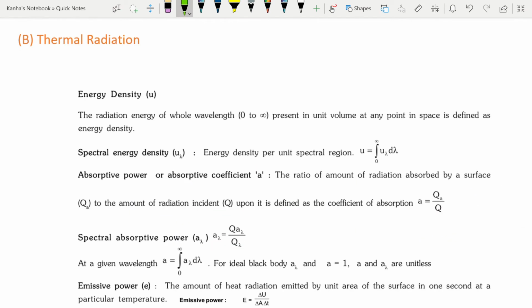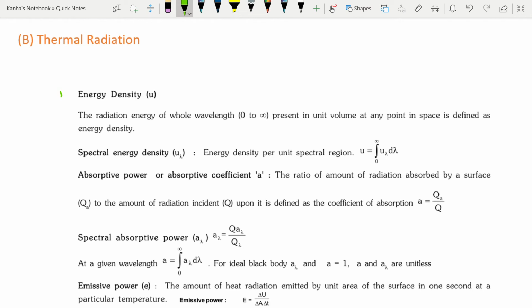We next overview thermal radiation quickly. The process of the transfer of heat from one place to another without heating the intervening medium is known as radiation. Now, what this means is, if you place a heated body in vacuum, it will start to lose heat even if there is no medium surrounding it. There are several basic definitions that you will be required from this section. So we'll just quickly go through them.